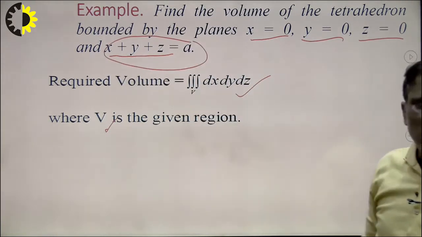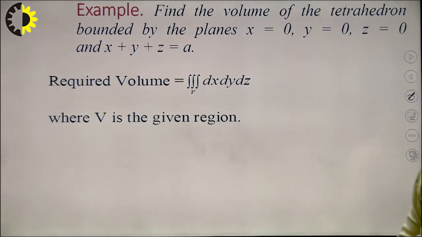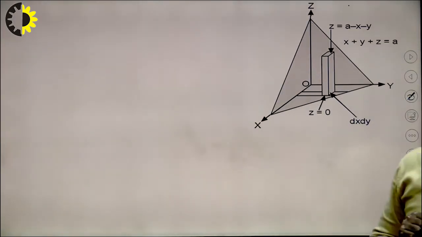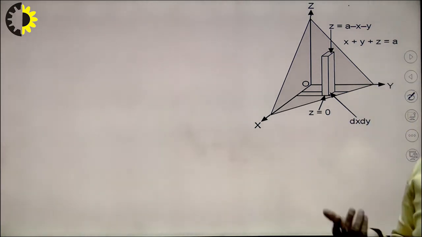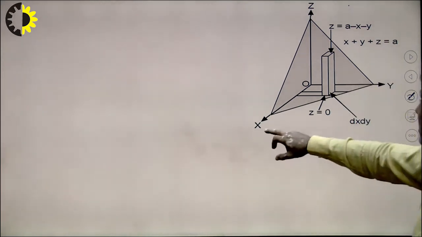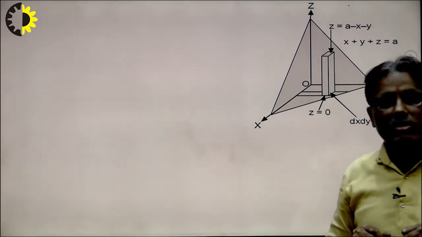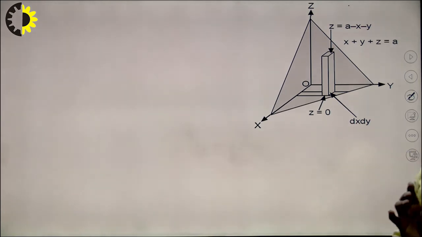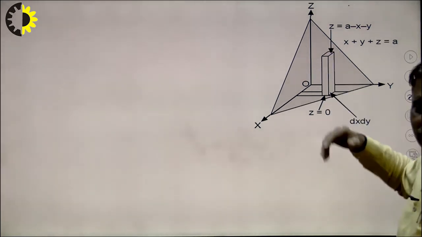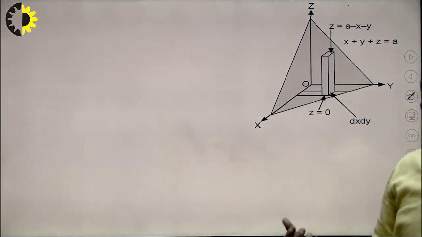Now the question is how to draw the diagram of this, which is very important for the student. So we see here very carefully. Suppose I draw the diagram in the xyz plane. The diagram will be this: x axis, y axis and z axis. Suppose I want to take the limit of z first. So first of all we take the strip parallel to the z axis. I draw the strip, suppose I am standing parallel to the z axis, this is the z axis, so the limit will be taken with me.